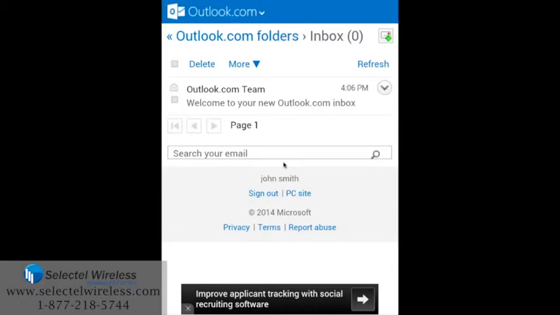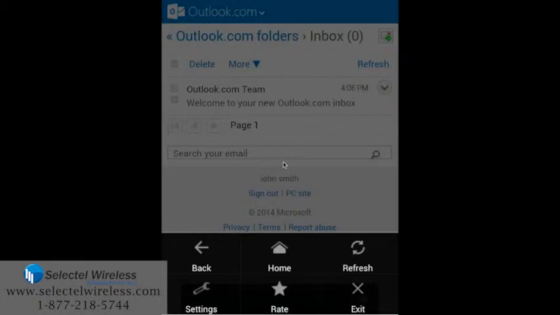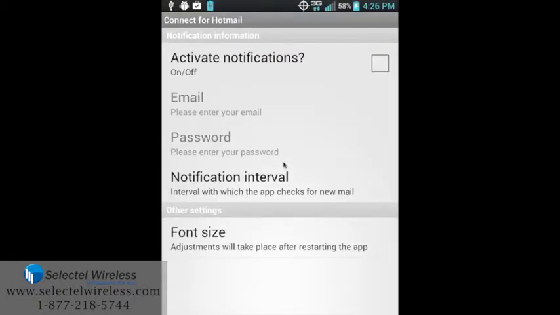Along with this, if I come down and go to my settings, I can set up notifications. That way my email will actually notify me every time I get an email. So if this is a work email that you really need to stay up to date on, it's not a bad thing to have. If it's something where you don't want to be bothered all the time with it, then I would suggest not keeping your notifications on and simply checking your email when you need to. So if I activate notifications,